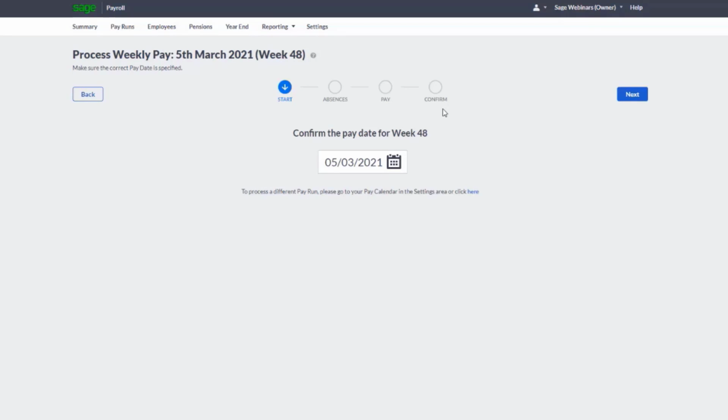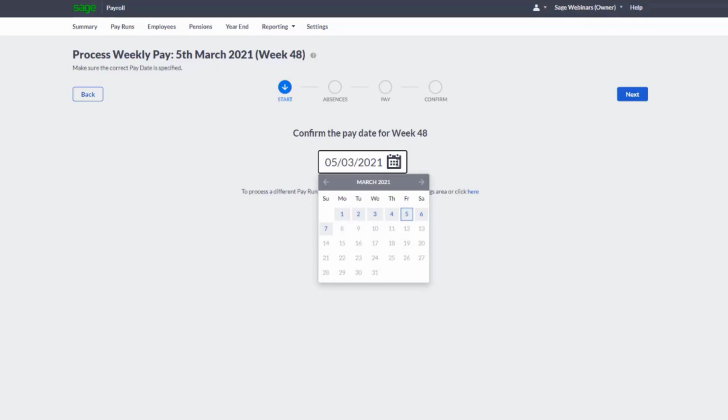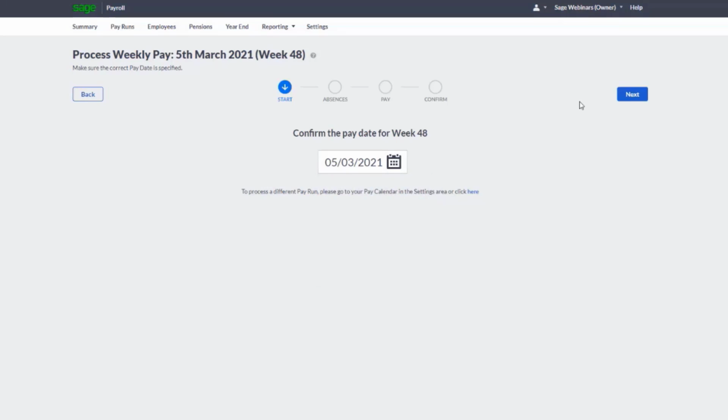And the first step is to confirm our pay date for week 48, and in this case it's picked out the Friday as our pay date, which comes from our pay calendar. Now if required, it can be changed to another date within the same tax period, but in this case we always pay on a Friday, so we're going to keep that as the 5th of March. I can then click on to Next,